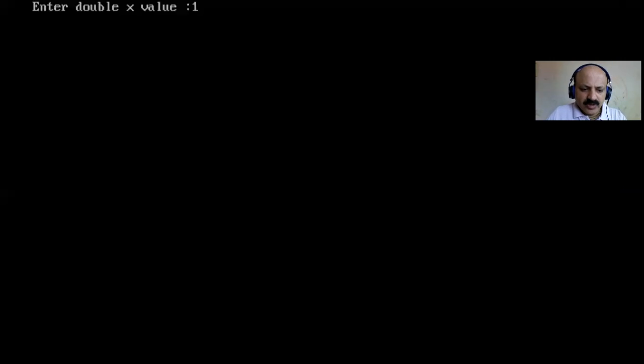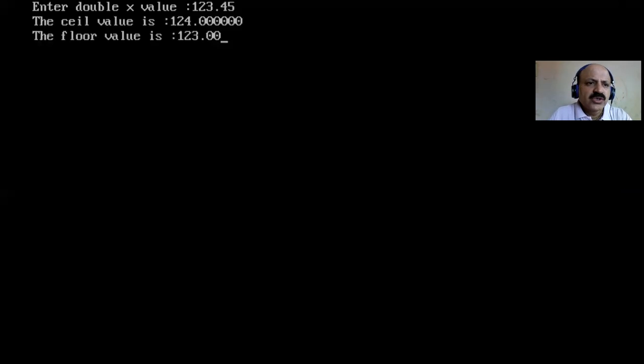And we can pass 143.45. So what value? Ceiling is rounding up, so that is 144, and floor is rounding down, so that is 143. So the fraction part is truncated. In the usual rounding rule, 50 or below is not rounded up, but 51 and above is rounded. But here ceiling always rounds up to the next value, like 144, and floor is not that kind of rounding, because one goes down and one goes up.